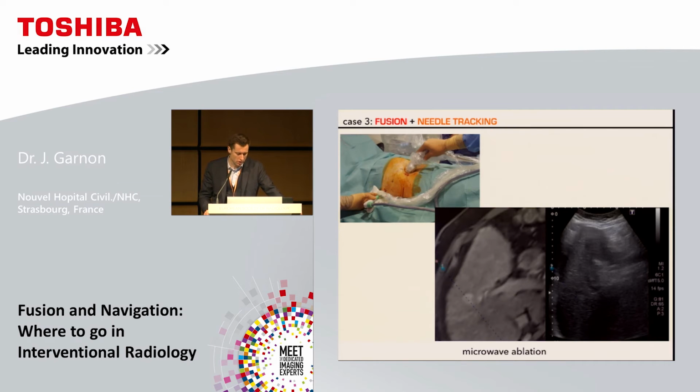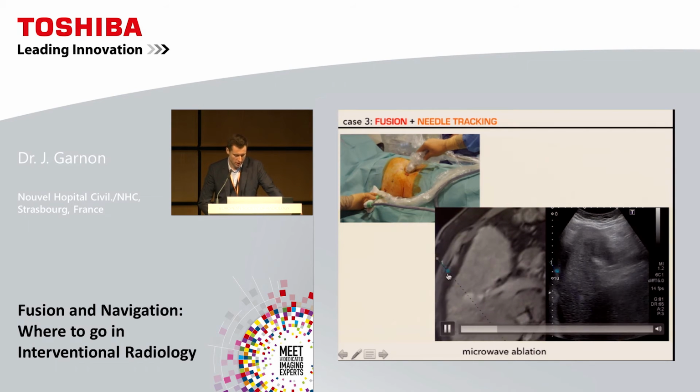In this case, why did we use fusion and needle tracking? First of all, fusion to be clearly sure that this is the tumor we have to treat. And why needle tracking? Because we are going to access the lesion with an out-of-the-plane approach, meaning the microwave antenna is positioned through an intercostal approach, whereas the ultrasound probe is positioned with a subcostal view. In this case, the needle tracking software helps to display exactly the position of the tip of the needle, and then you can correctly approach the tumor and be really in the good axis